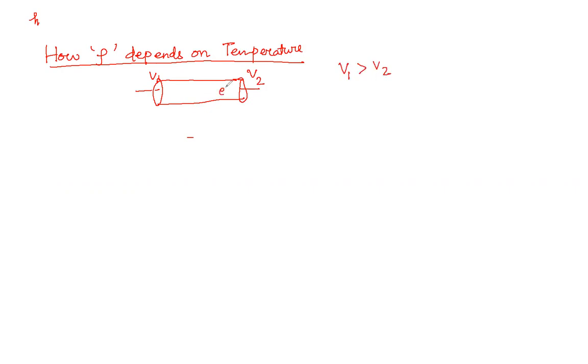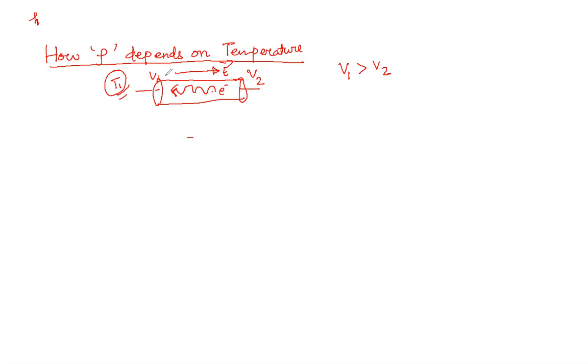If any free electron is there, because of the external electric field from the higher to lower potential, this electron will experience an electric force and will start to move, and it is going to take this type of path. Let us say at this particular time the temperature is T1. Why is the electron moving like this? This happens due to the thermal agitation as well as due to the external electric field.